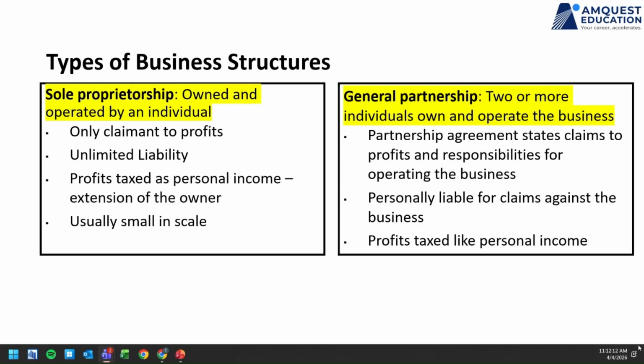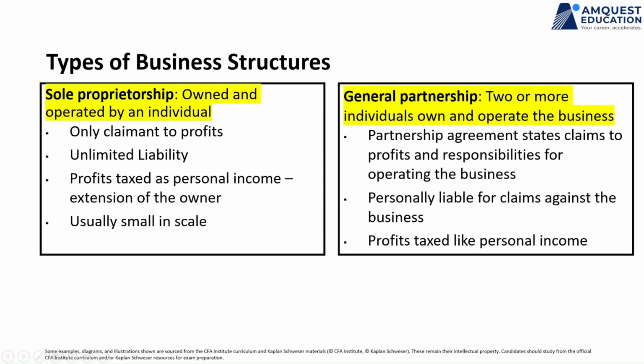And again, profits are taxed at each partner level. So again, the profits are more or less like personal income, right? Even in a partnership, it's a personal income tax that is applicable. There's no corporate taxation. So within a proprietorship and partnership, what differs is the number of individuals. Sole proprietorship is one person and general partnership would be more than one individual who will operate the business. Otherwise, more or less, personal taxation remains the same, unlimited liability still remains the same. So nothing changes from a liability and a taxation perspective.